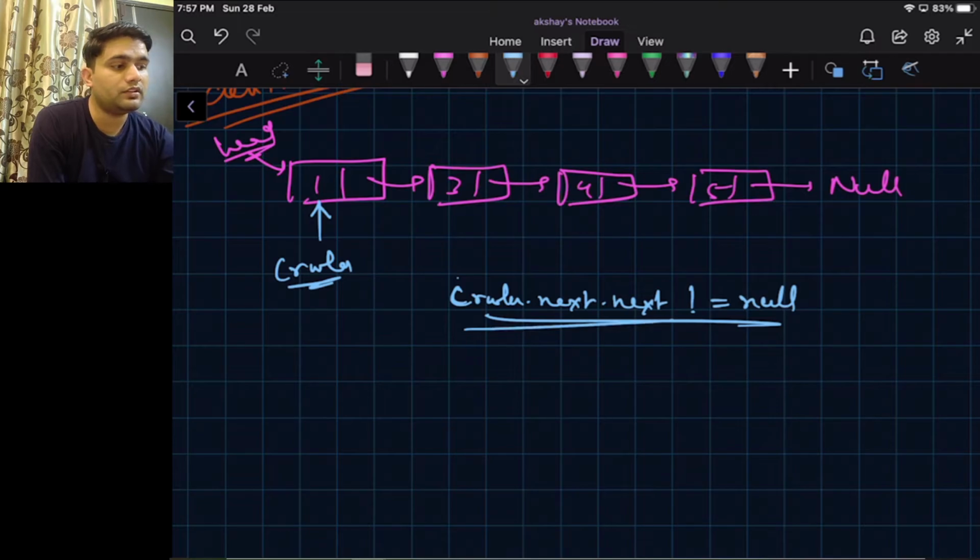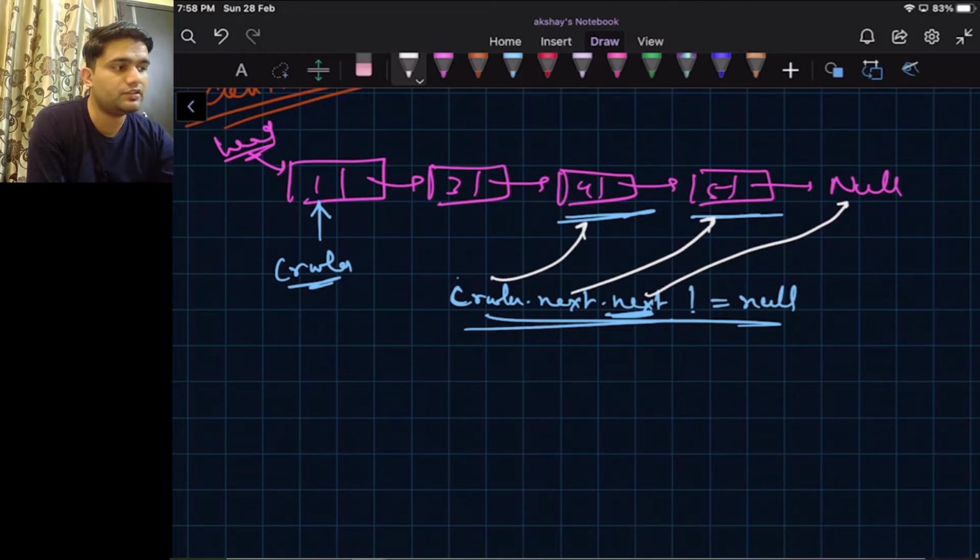That means then this next is the last node. So this is the crawler, this is the next node, and this is the next to next node.